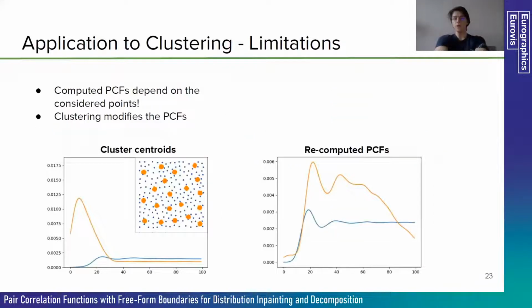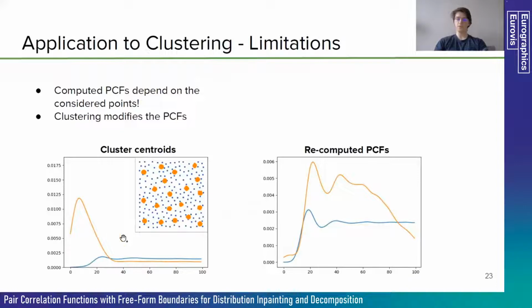A very important thing to note when trying to extract classes from an unlabeled dataset is that since the PCF depends on the points we consider for computing it, there is a huge ambiguity between the PCF we compute on the whole dataset and the PCF in one class. Let me illustrate. Here you can see the average PCF of the orange points, and here the average PCF of the blue points when computing on the whole unlabeled dataset. So these are the centroids used for